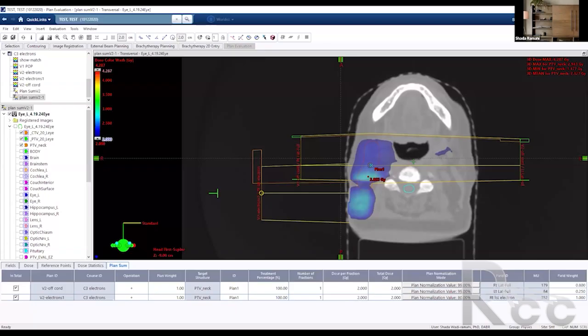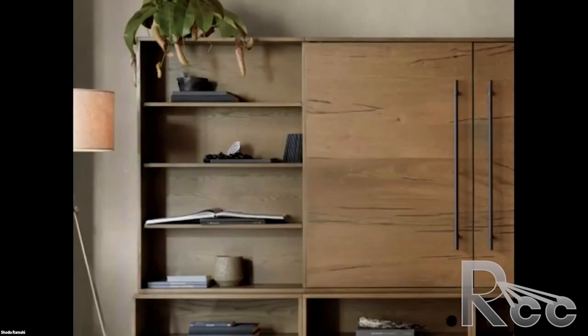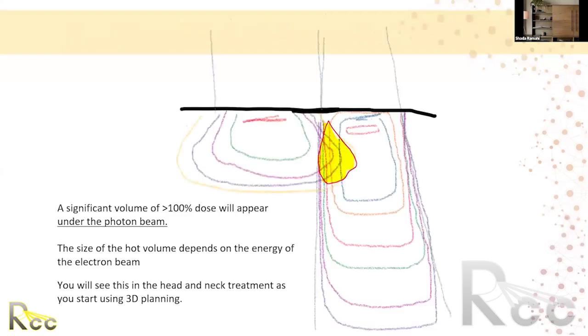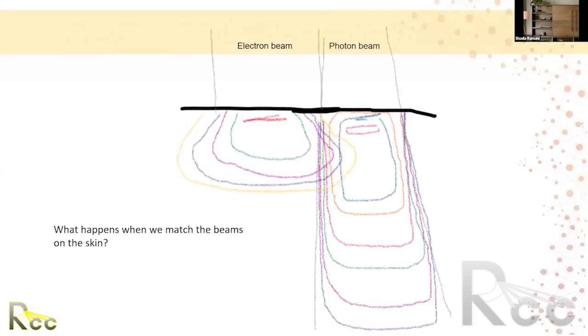We know that we do have a hotspot within the match. It's just when we don't see it, it doesn't feel real. It feels like a physics concept. And so every time you're doing photon electron match,